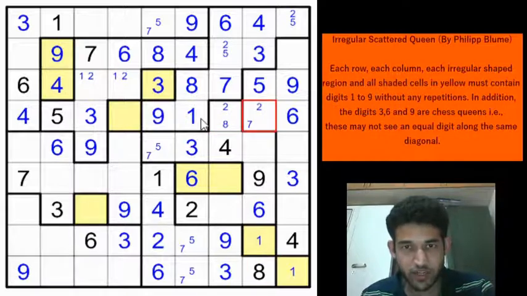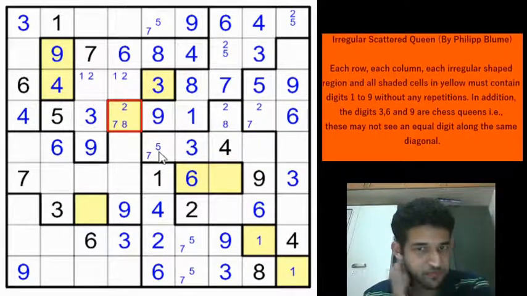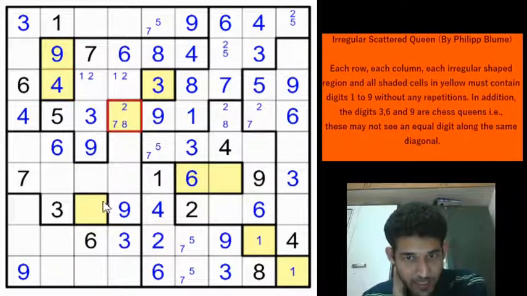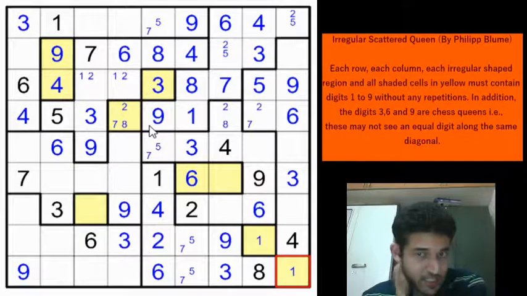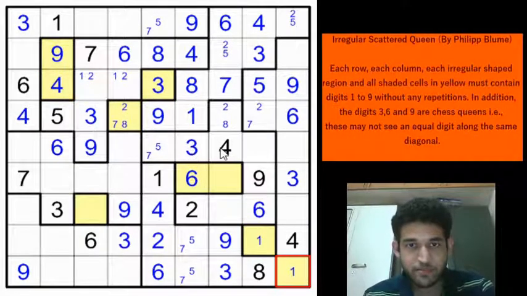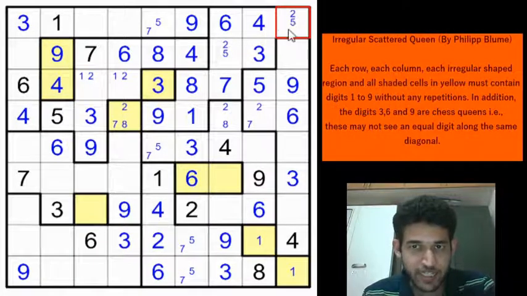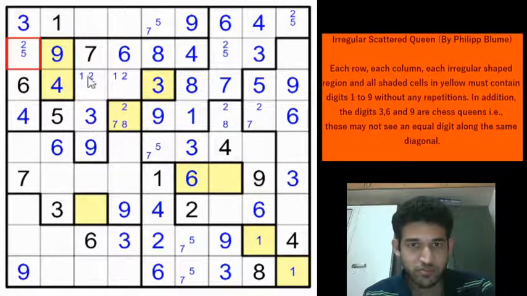So this will be a 2 or a 7, and this will be a 2, 7 or 8. Does any of the yellow cells contain a 2, 7 or 8? No, right? Yellow cells still have a lot of possibility. Right, you have a 2 or a 5 here. So regardless of whatever comes in this cell, that has to be here, right? Because this region will need to contain this digit, and it can't be in any of these 6 cells. It can't be in these 2 cells as well. So whatever is here in row 1 column 9 it should be here. So this will be a 2, 5.